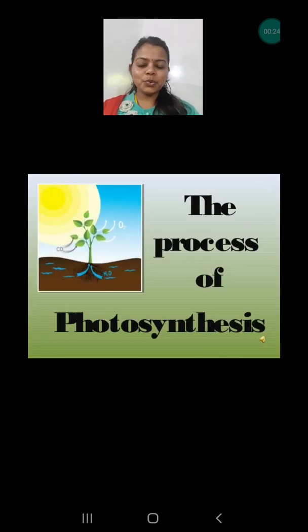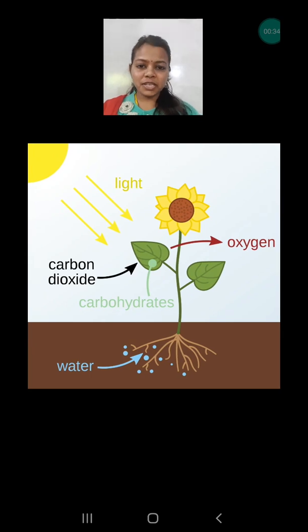First, we are going to talk about the very basic process which is done by the plant, that is photosynthesis. What is photosynthesis? Photosynthesis is the process of making food by the plant. And how does the plant make it? In the presence of sun, with the help of carbon dioxide and water, in the presence of chlorophyll also, they make their food in the form of glucose, and they also release oxygen that is needed by human beings and animals.